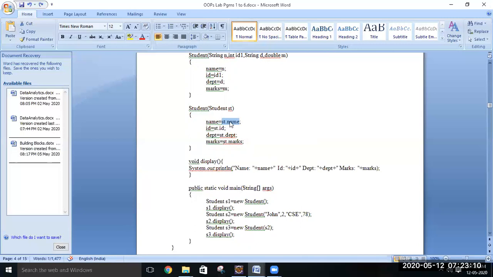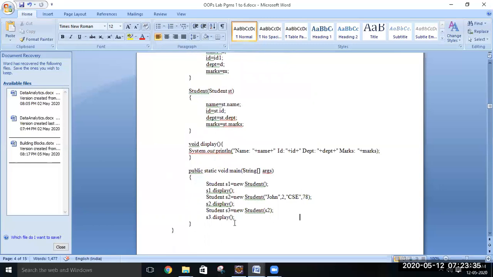John. So John will be copied to name. Then what is the ID of John? 2. So st.id will have value 2, which will be stored in ID. Then st.department will point to the department of the second student itself, that is CSE, which will be stored here. And st.marks will point to the second student's marks, that is 78, which will be stored here.